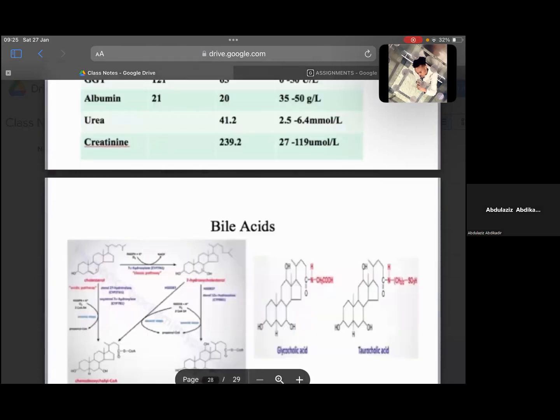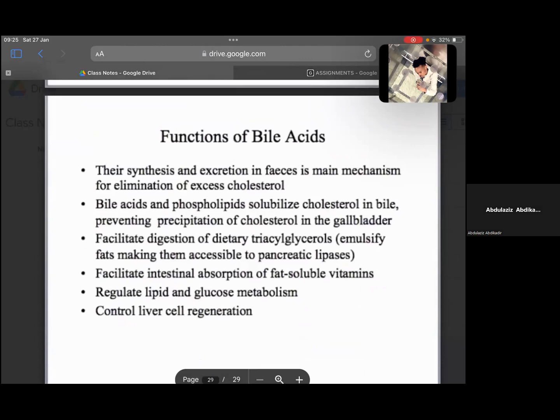So we go to the functions of the bile acids. Here, this function of the bile acids plays around with cholesterol, lipids, phospholipids, the fat-soluble vitamins, then the fatty things that deal with our diet. You learned that cholesterol is important. I'm talking of the second point. This is the most important here because it will bring about a disease, not actually a disease, a scenario referred